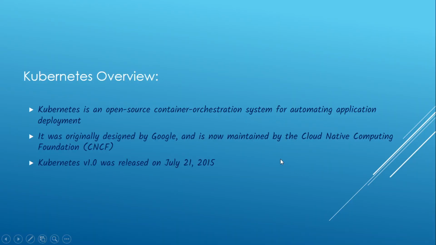Hello everyone. Today in this session, I am going to walk you through the Kubernetes architecture. As you are all aware, the Kubernetes architecture is complex to understand and learn as well. So I am trying to explain it in the best practical way, by taking a scenario which could make it easier to understand.